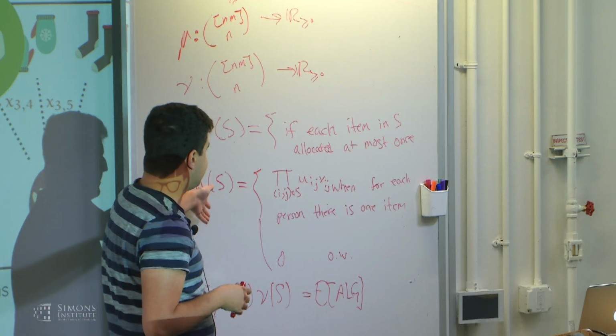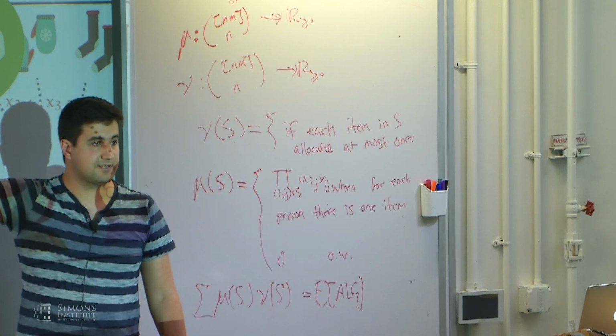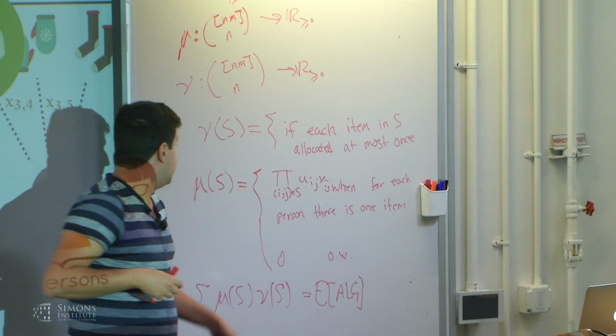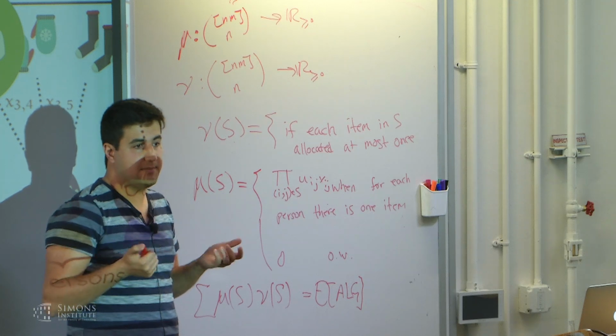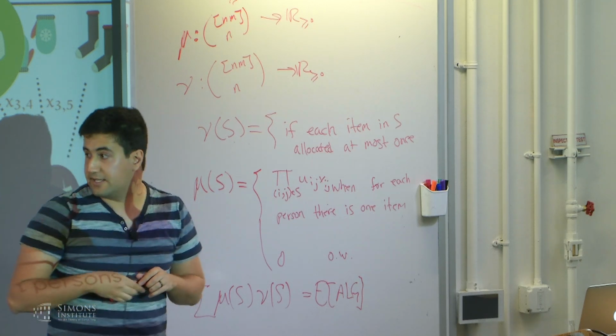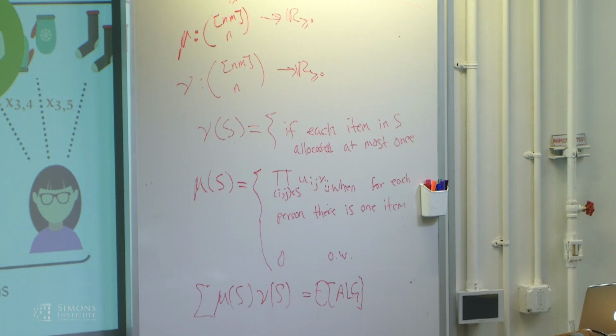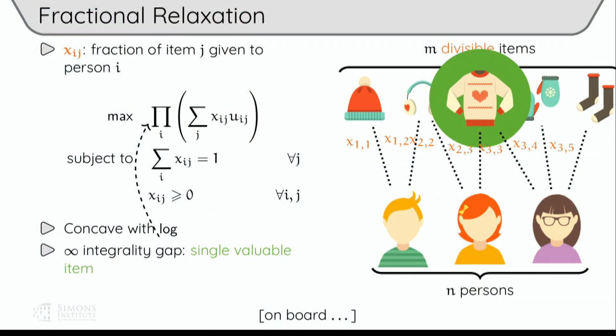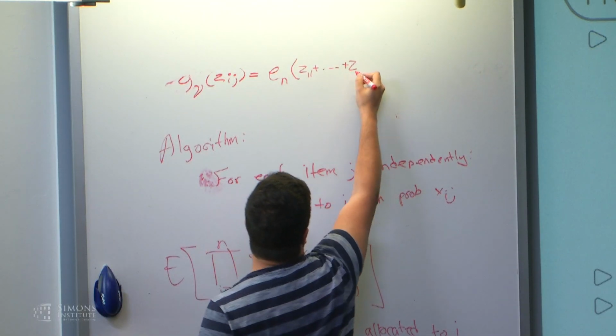Now mu of s is a log-concave polynomial because it's just a product of linear things. Nu of s is actually a matroid constraint. Okay? So you can actually write it as an elementary symmetric polynomial. So think of basically variables z_ij, and then nu of the z_ij's would be the elementary symmetric polynomial of degree n of z_11 up to z